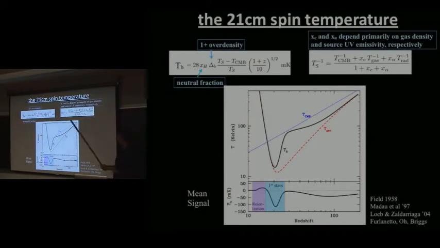from stars. Stars will radiate UV photons, and they'll redshift into the Lyman resonances of hydrogen. Most important is the Lyman alpha resonance. And you can show that this couples your spin temperature to the color temperature of the radiation with a coupling coefficient that depends on the intensity at the Lyman alpha resonance. And then the final ingredient